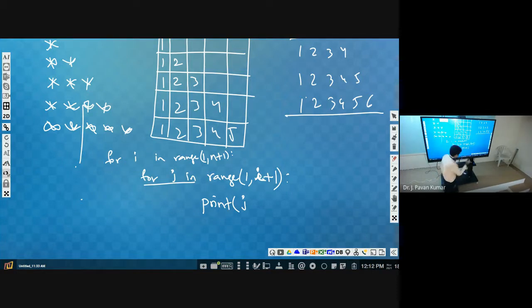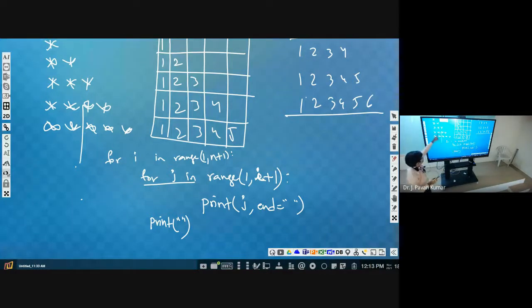So end is equal to space. Then it will print 1 row. Afterwards, we have to keep the cursor in the next line. How can we keep? Print just double quotes, not space. Just double quotes, you open, then close. That's it. Then this one will repeat for n times, and this one will repeat for I times. Then we will get this output.